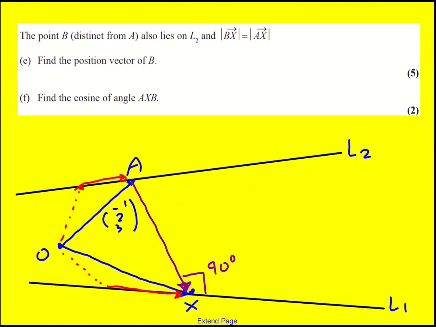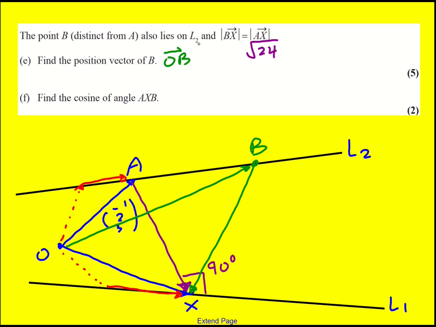We're told that the point B, distinct from A, also lies on L2, and the distance from B to X is the same as the distance from A to X. Now don't forget we worked that out previously, it's root 24. Find the position vector of B, so that's going to be OB. Well, we have information on BX, so let's focus on that. BX is going to equal OX minus OB. And OX is something we calculated earlier. It's a third,